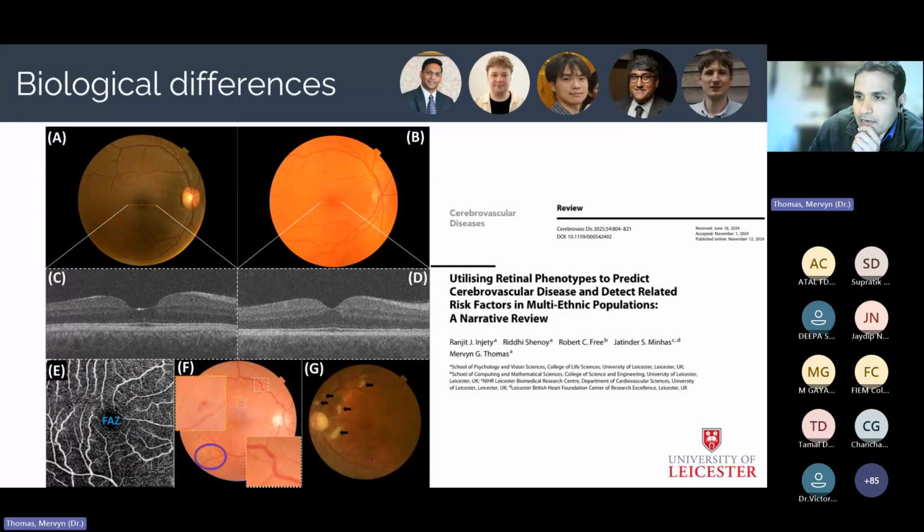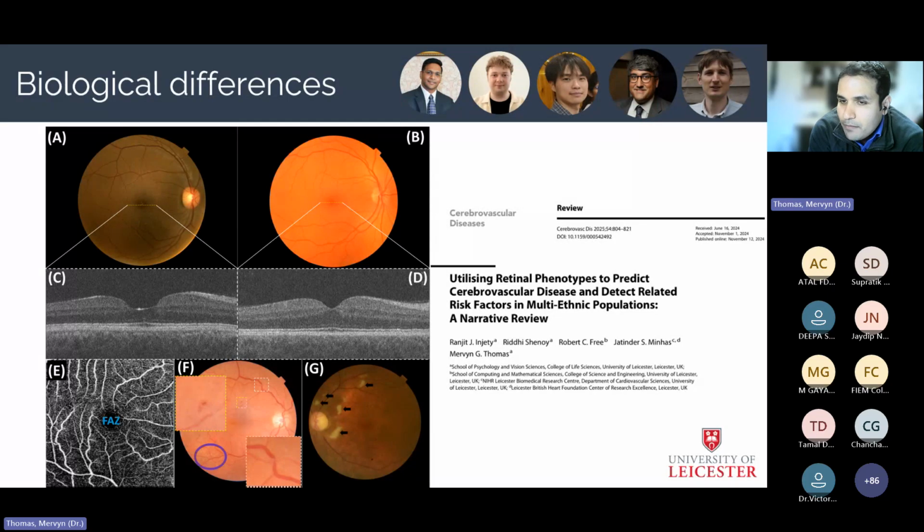But something to bear in mind is that actually, and this is recent work that we published, and these are colleagues from my group as well as collaborators. So Ranjit Injeti, who is my PhD student, as well as Callum Hunt, who's also a PhD student, and Hejun Yoon, who's a postdoc. What we're showing here in this review was actually something to bear in mind is some